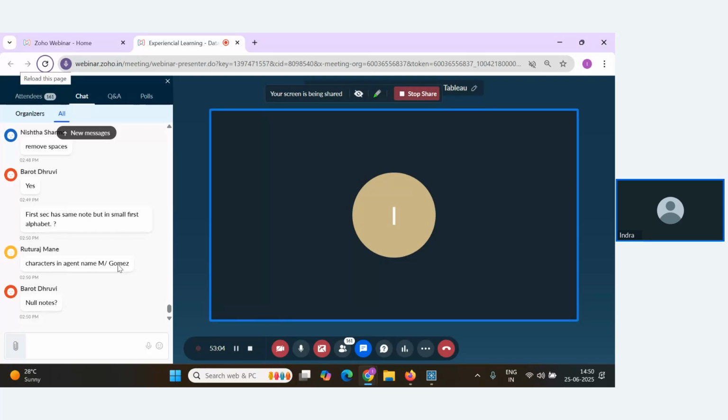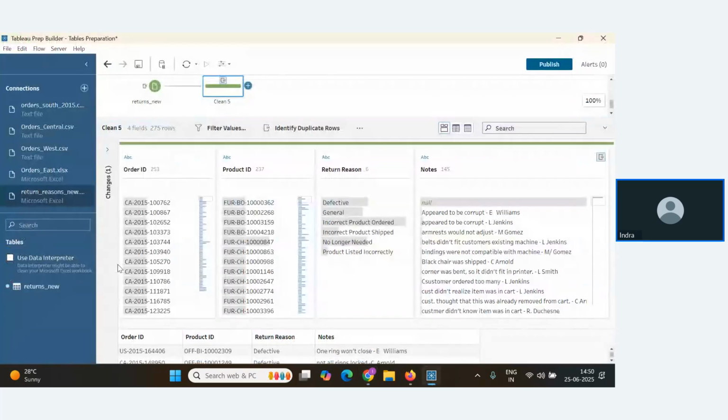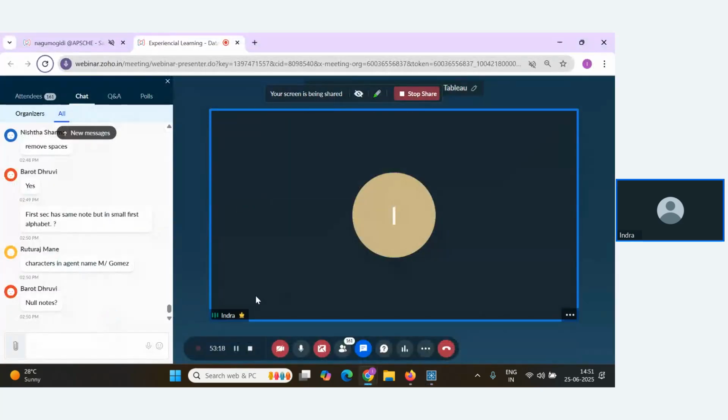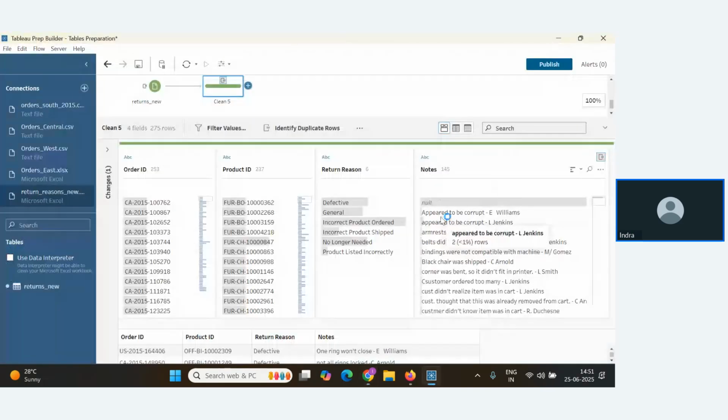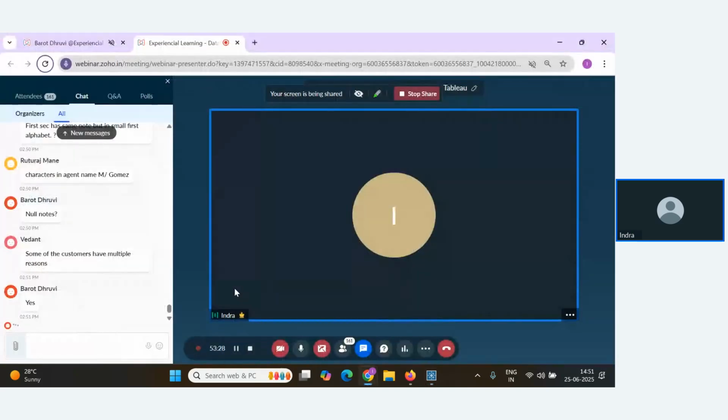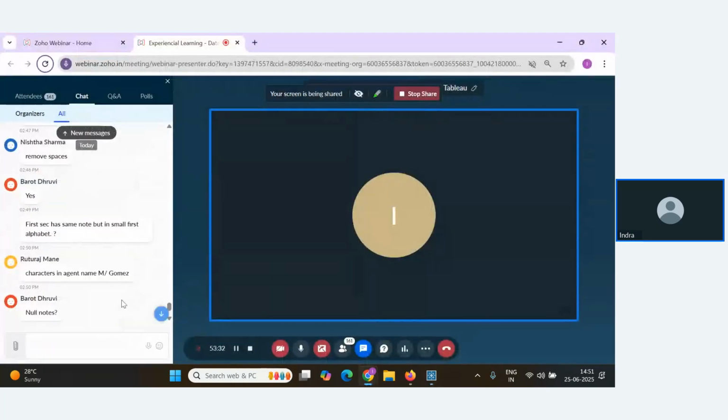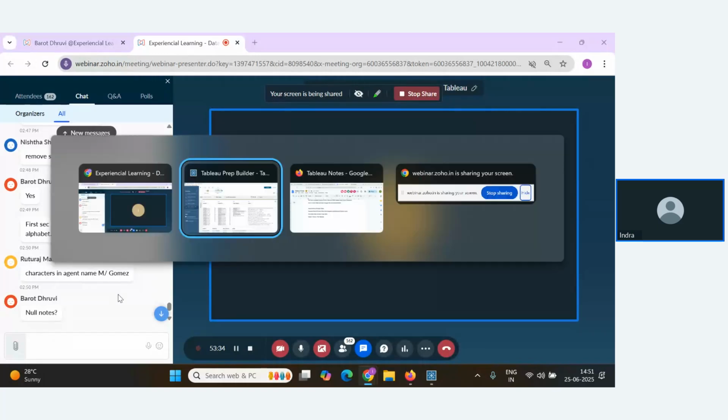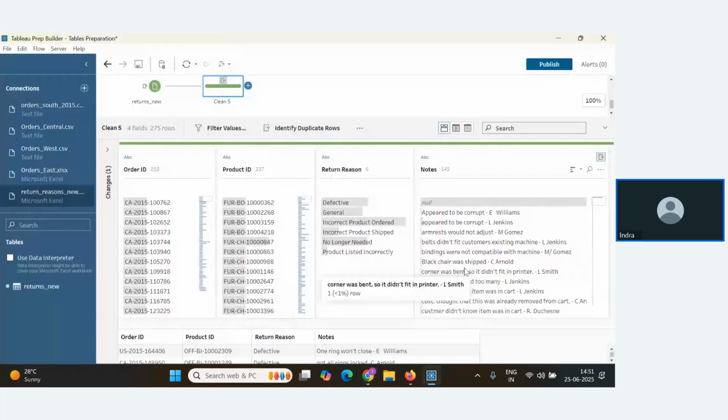That is one thing. We can ignore that as of now, Mano. But guys, if you notice here, in every note given in this field, we have a name at the end. Can you not see this thing? A very basic thing. Along with the notes, we have some name given there. Can you check that?